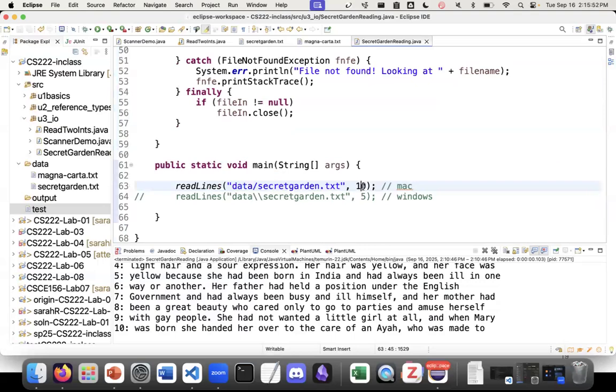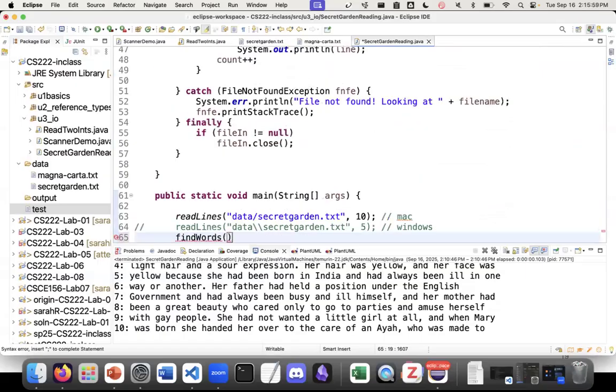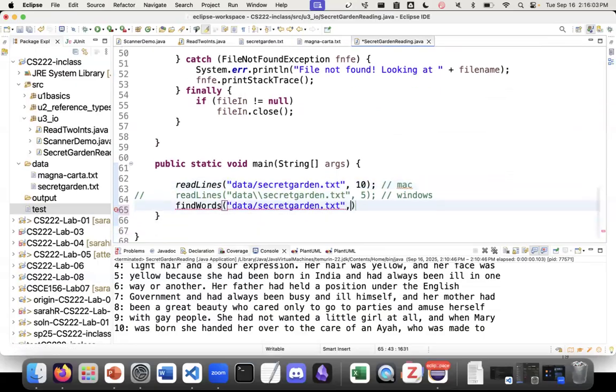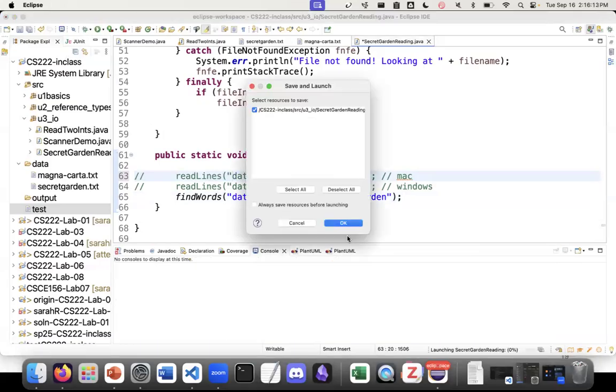So instead of read lines, I would like to find words, and I'll copy this. And I'll comment out that just so we don't get